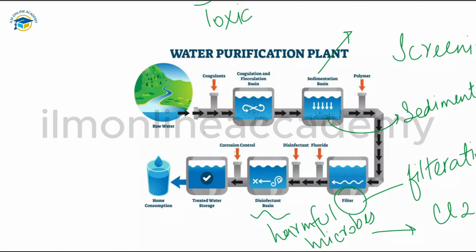So domestic water supply goes through several purification steps, including screening, sedimentation, and filtration, and in the last we have disinfection, to remove the solids and the particles that are present there, and to remove the microbes. Carbon filtration is also there to remove the odors and the taste, and chlorination is done to kill the harmful microorganisms. So this is all about today, chapter number 17, the water purification plant, as you can see here.